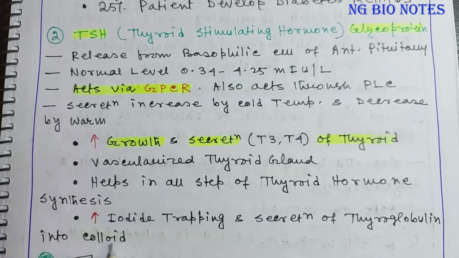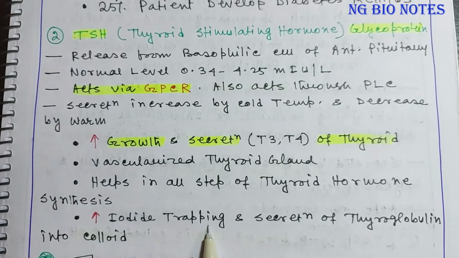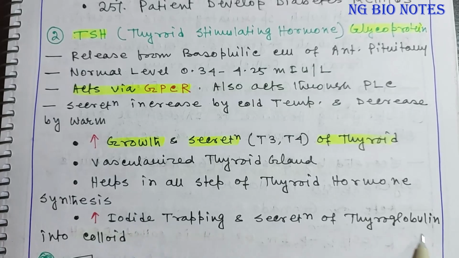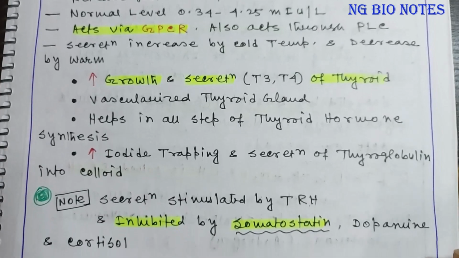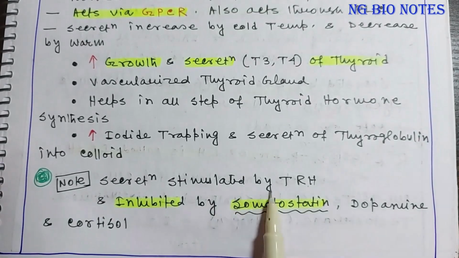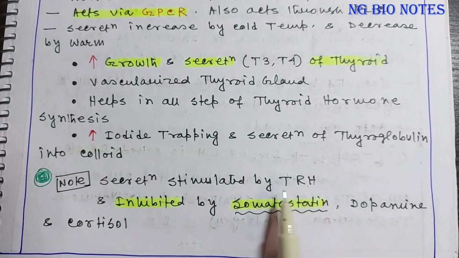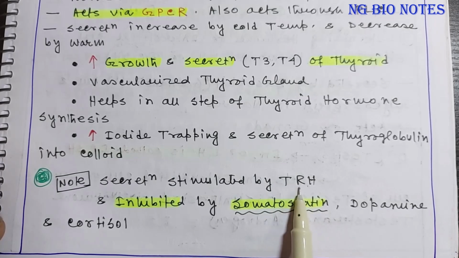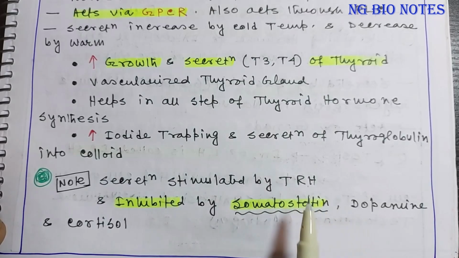In the thyroid gland there is a colloid lake, and also iodine is very essential for thyroxine hormone secretion. So this thyroid stimulating hormone increases iodine trapping and secretion of thyroglobulin into the colloid. Now, secretion is stimulated by thyrotropin releasing hormone. So thyrotropin releasing hormone acts on the thyrotrope of the adenohypophysis, and so the thyrotrope secretes thyroid stimulating hormone,